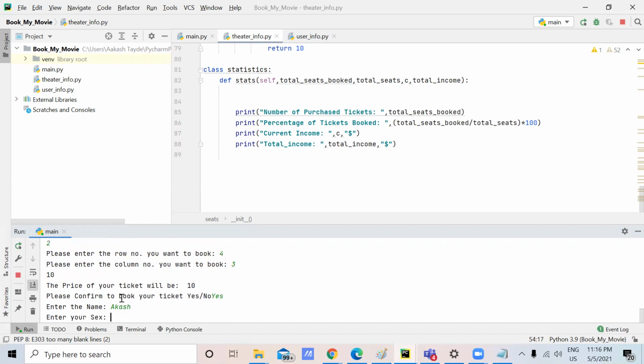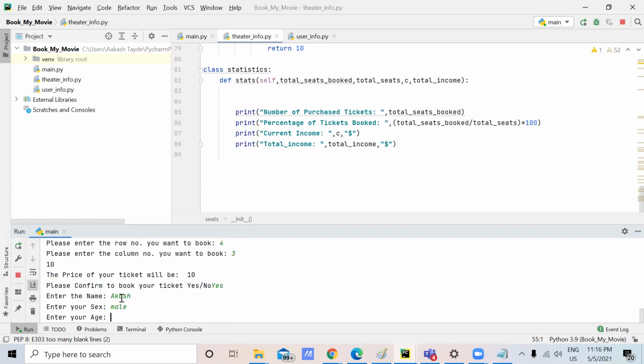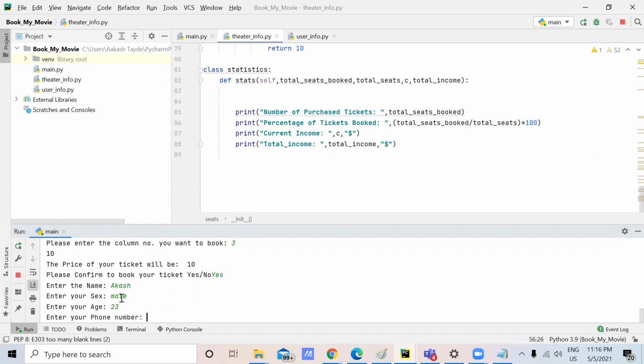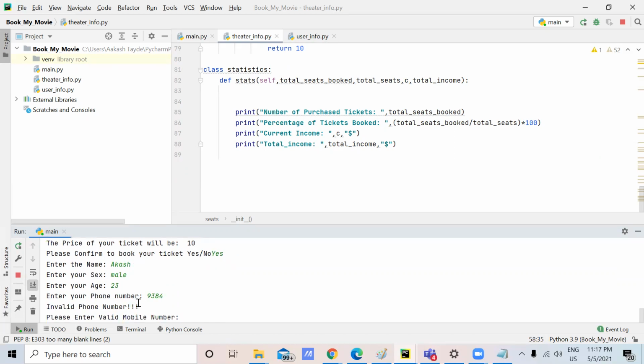Suppose I click the name, gender, the age, or mobile number. Suppose we enter a wrong mobile number here. So it is showing me an invalid phone number. So we'll give a proper mobile number here. Okay.